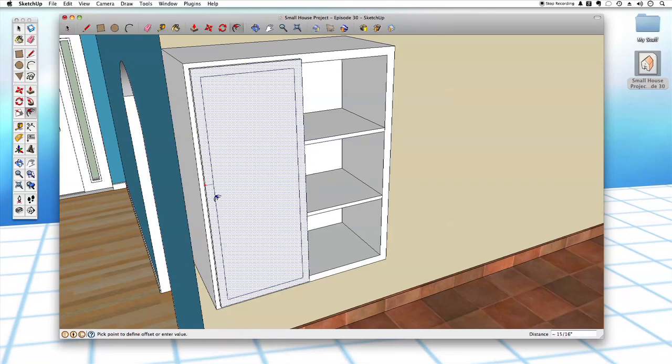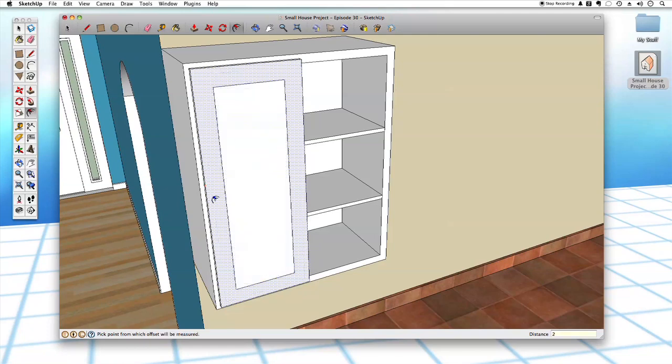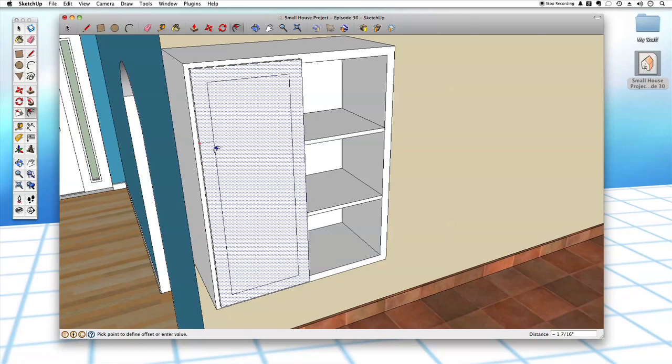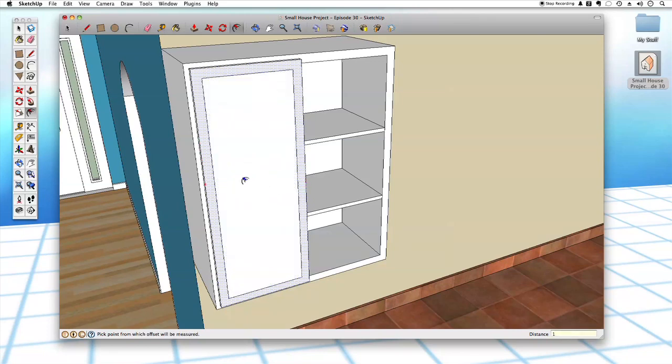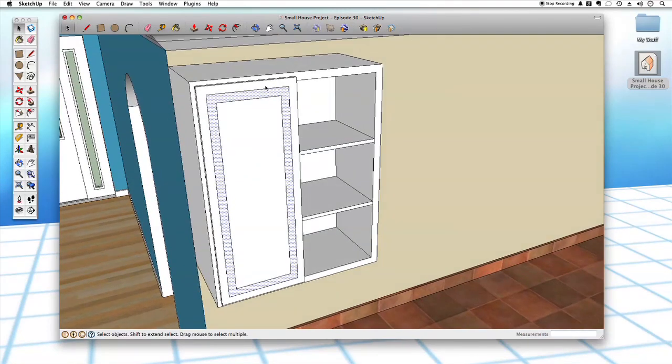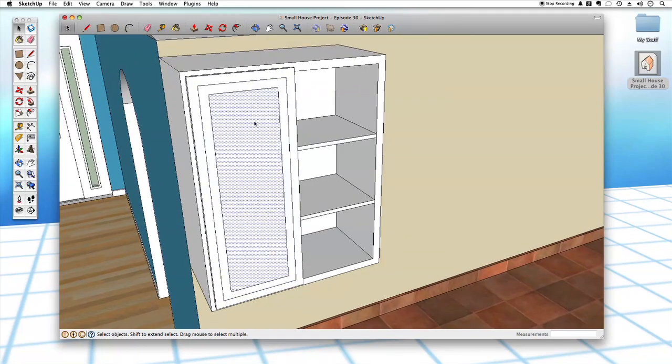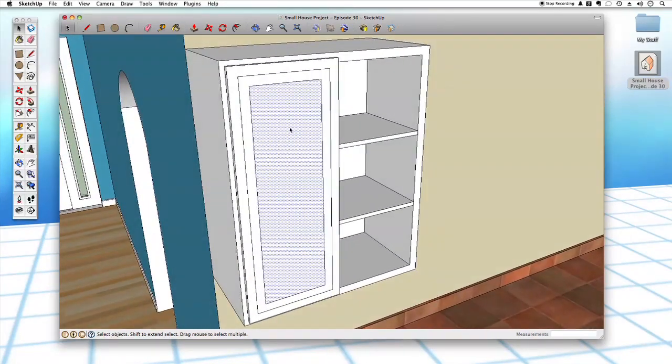I'm going to use the offset tool, F key for the offset tool, and I'm going to offset this guy 2 inches. Actually, not even 2 inches. I'm going to start with just 1 inch because these are smaller. 1 inch, and then I'm going to do the same thing, another inch. So now we have two of these outer rings here, and then one center. Then I'm going to use the push-pull tool, and on the center two, I'm going to push them back 1/4 of an inch